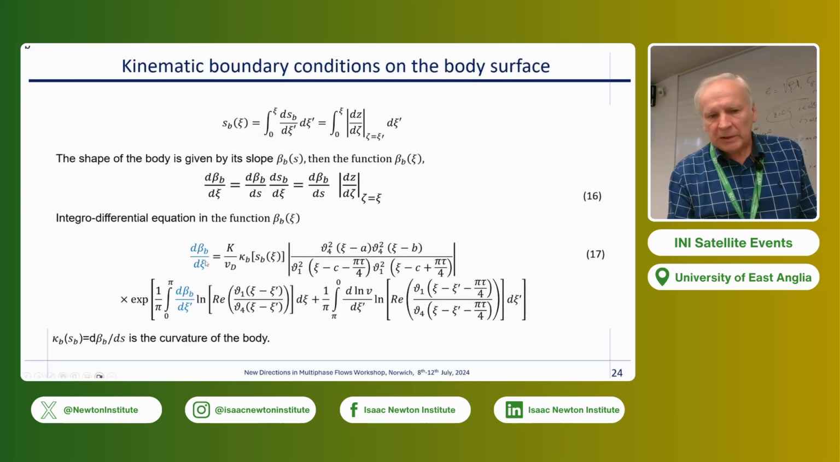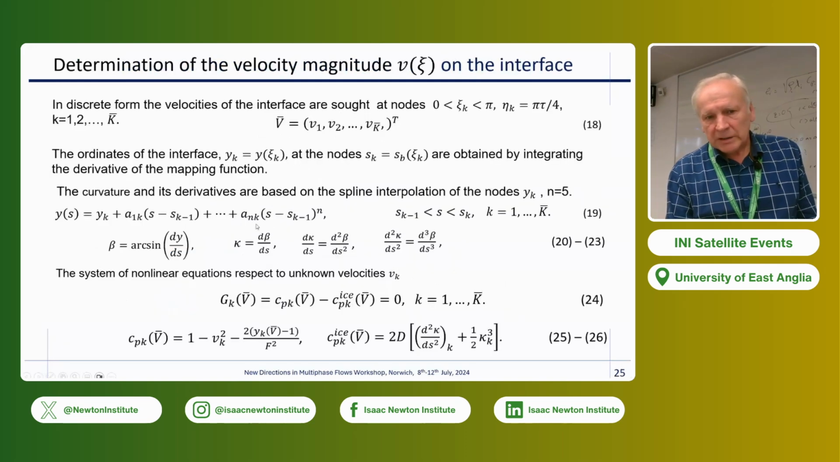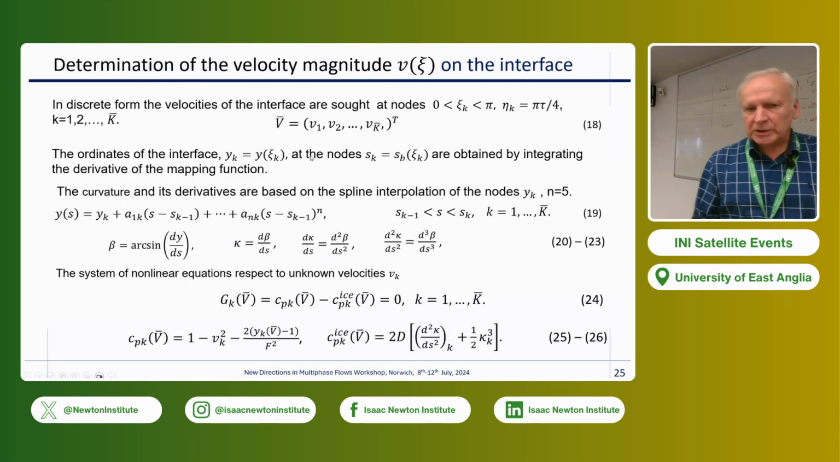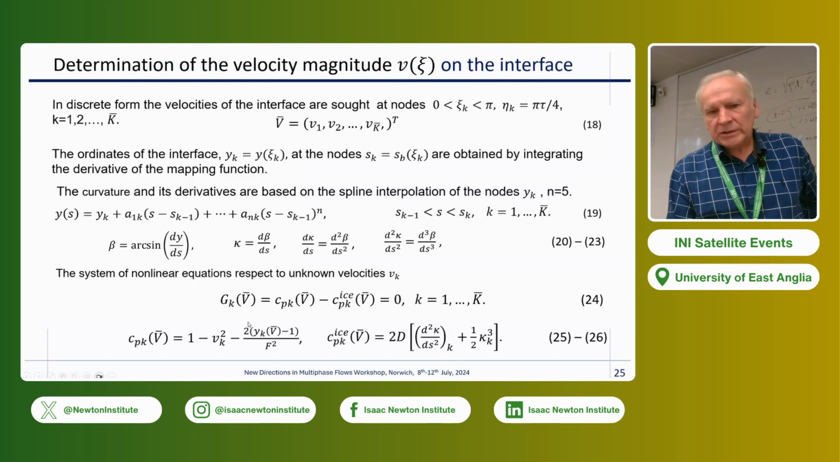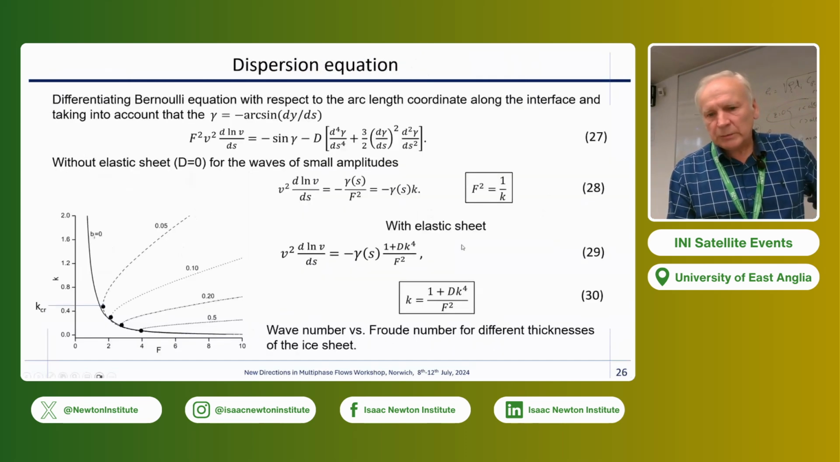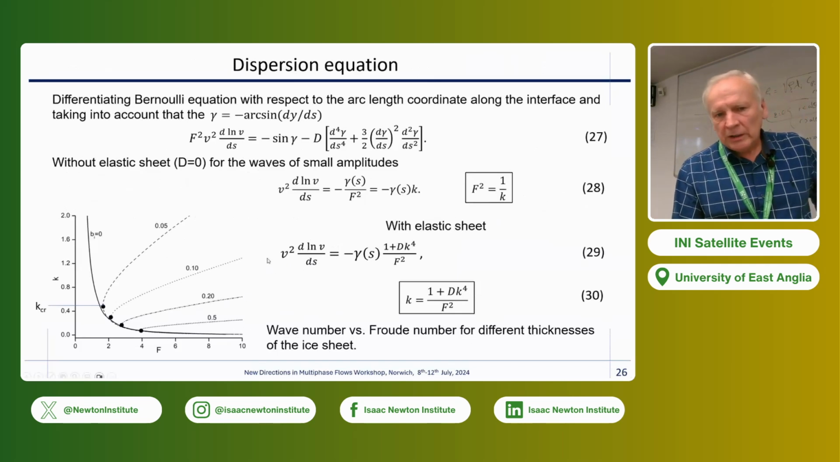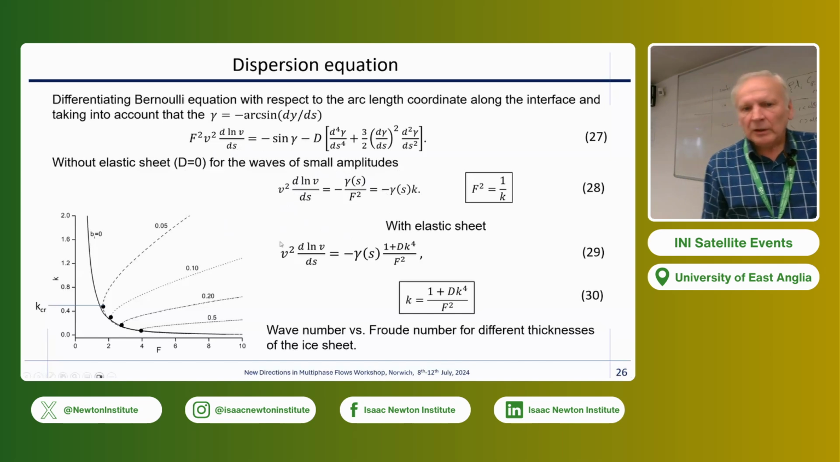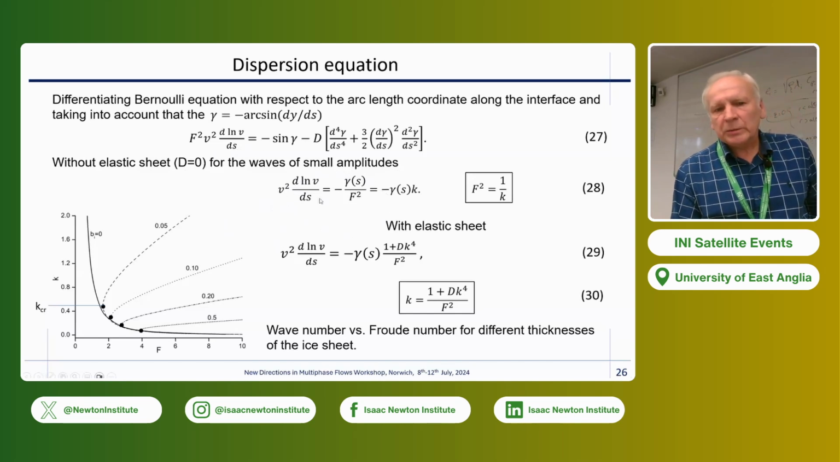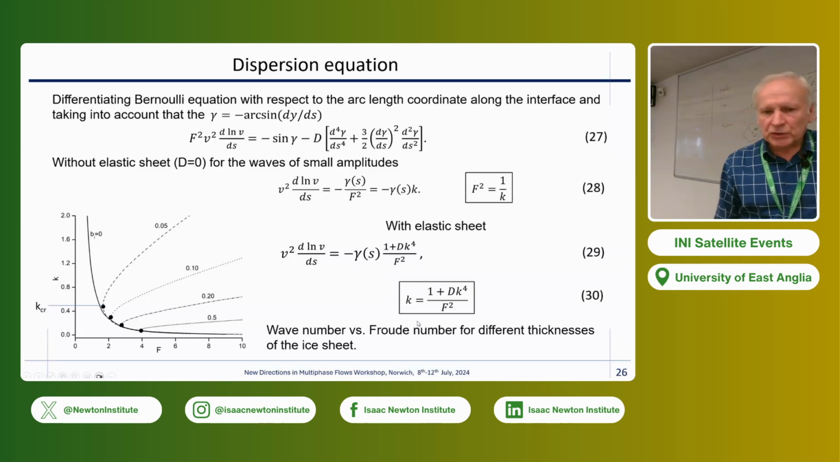So we have the similar integral differential equation. Similar problem to determine the velocity magnitude on the interface. We do the same and reduce the problem to the system of nonlinear equations. Again, we determine the dispersion equation without solving the linear problem, just considering wave behavior, velocity magnitude along the interface, for the free surface and for the one with the elastic sheet, and equating these two sides, we obtain the dispersion